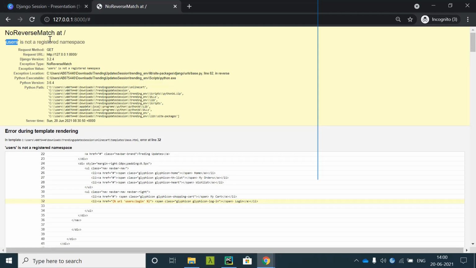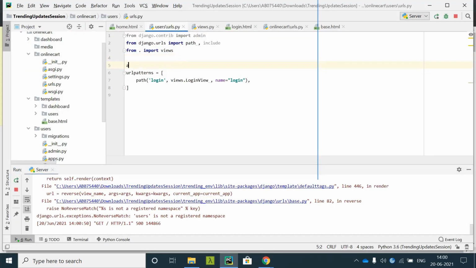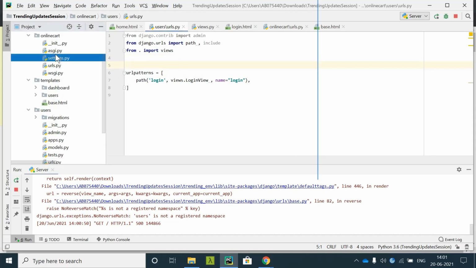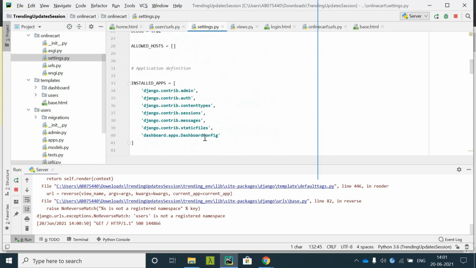Users is not a registered namespace. So what you need to give here, first of all, you need to go to the installed apps in the settings file. Here you need to add the users app, users